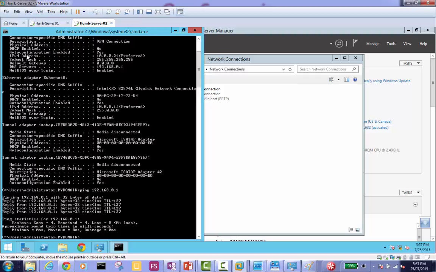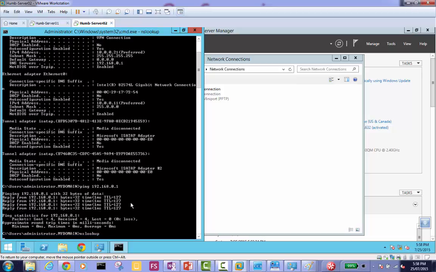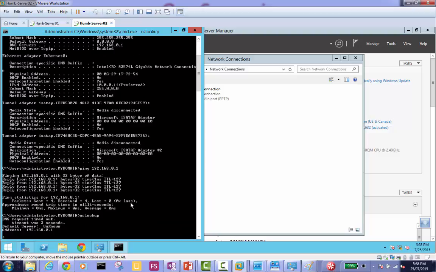But after the VPN connection, it will let you connect to your company resources. Whichever IP you're coming from, they don't care. It gave you your own IP, which lets you connect to your company resources now. So I'm pinging my company IP address, the domain controller, and it's working. And nslookup should give me the 0.1 again.